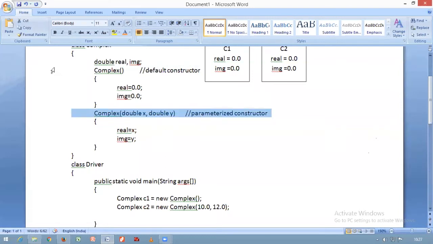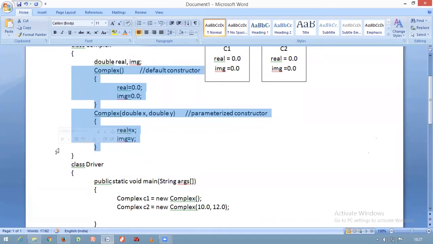How many constructors are you defining? You are defining more than one constructor in the same class. Then this concept is called as constructor overloading. If you define more than one constructor within the same class with different signatures, then that is called as constructor overloading.